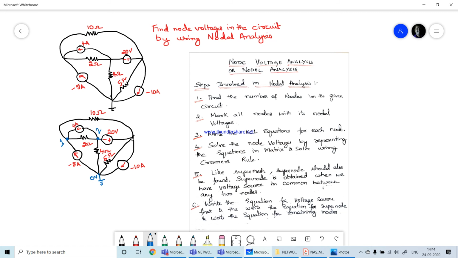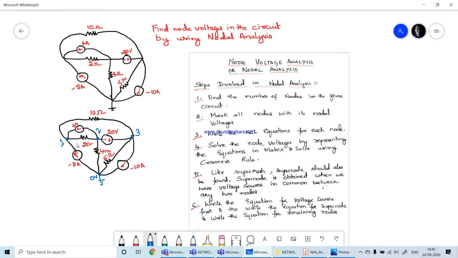Then I will measure voltage at this node. Now if you see the diagram properly, we do have a resistance which is connected between node 1 and this node. Therefore this 10 ohm resistance might create a voltage drop, and therefore you will find that a different voltage will be measured at this node. So nodes are marked in such a way that the voltage should be different at each node. That is the way we find the nodes in the given circuit.